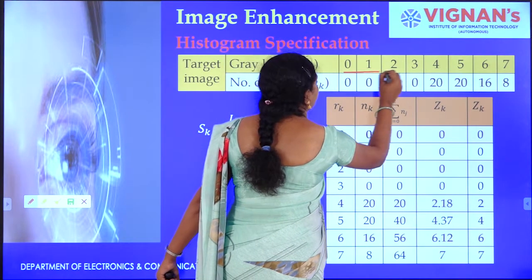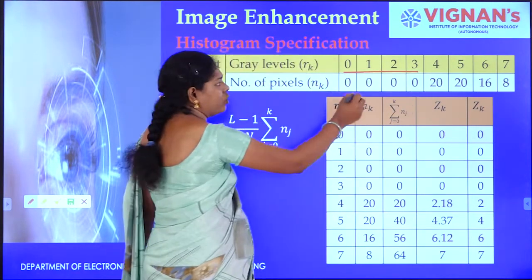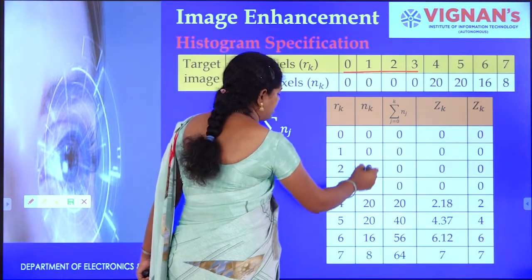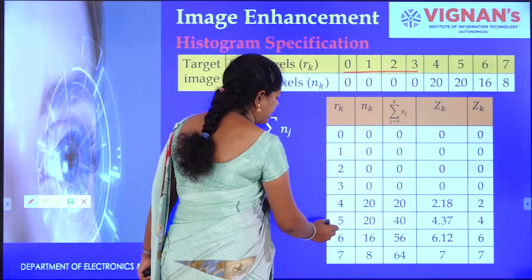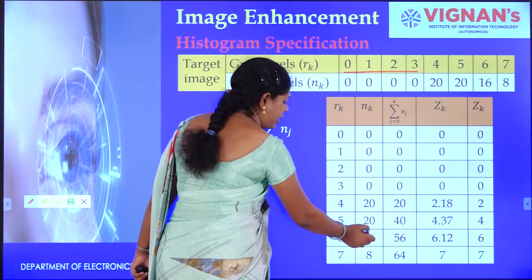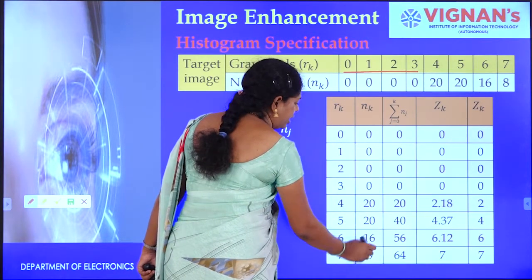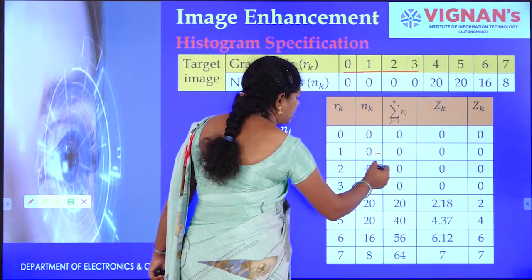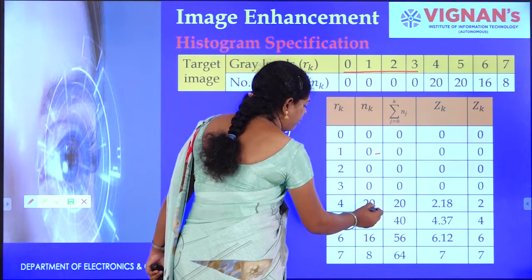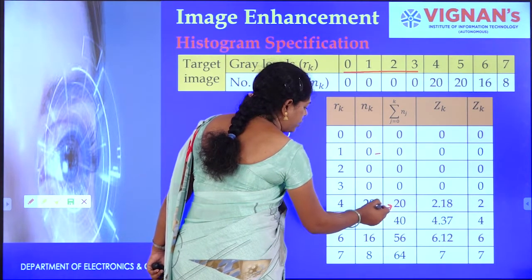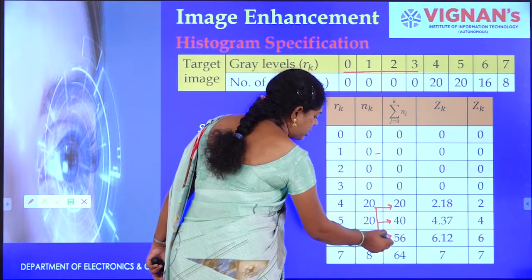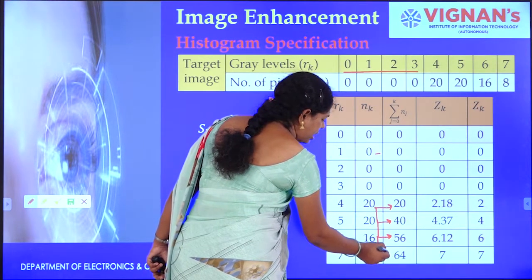Here we do not need these intensity values. We need only 4, 5, 6, 7. All those are zeros, and for 4 we need 20 times, 5 we need 20 times, 6 we need 16 times, and 7 we need 8 times. Now, same process. Until now we are adding, these are zeros. So here from this 20 and 20 plus 20 is 40, and 40 plus 16 is 56, and 56 plus 8 is 64.